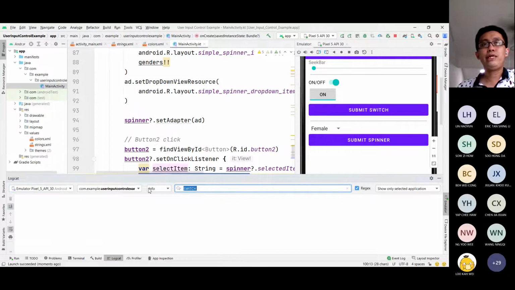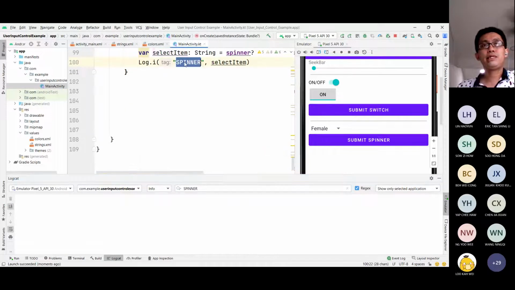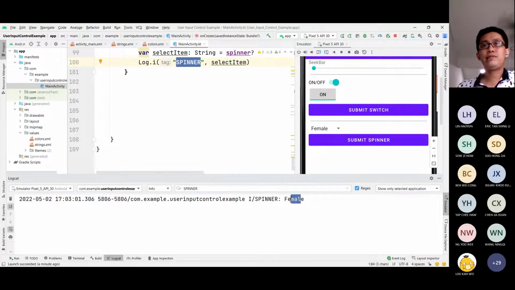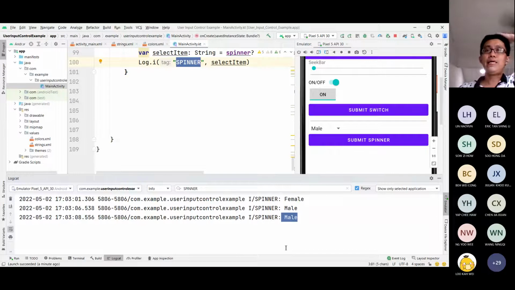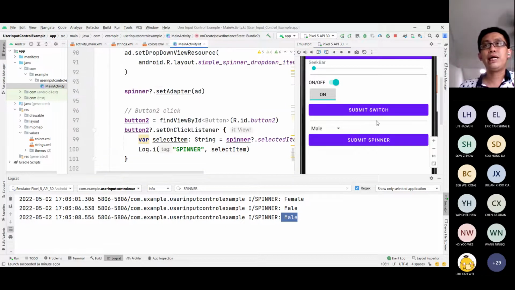So let me filter by info, filter by spinner, the tag is spinner. So female is being selected. If I select male, submit, male, select male again, male. Okay, so this is simple, right? In your app, when you want to get what the user selects, use the selected item